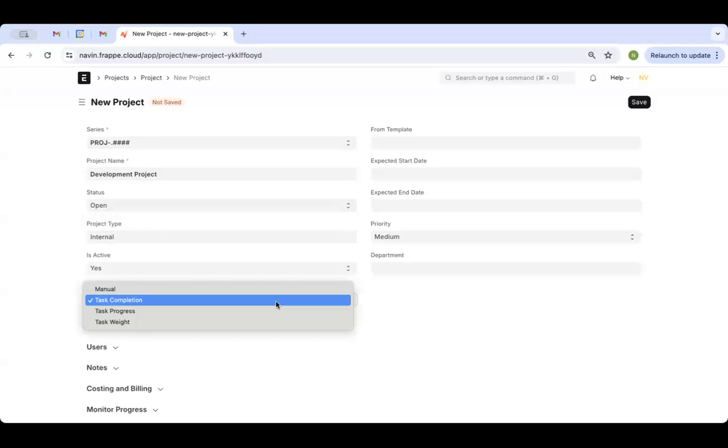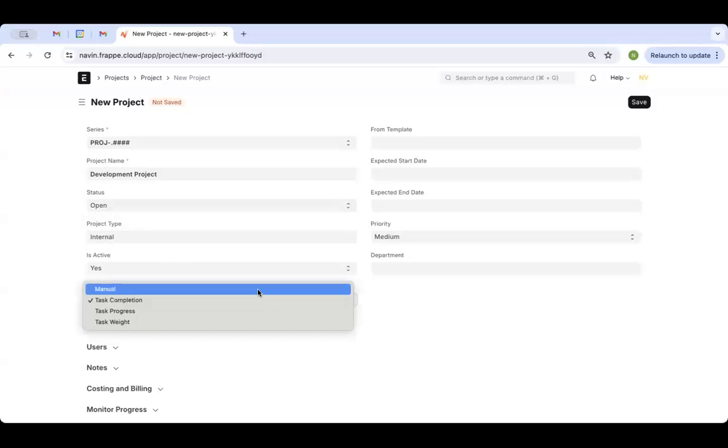The first type is manual, where we manually set the completion level. Manual tracking, manual updating, everything will be manual in this case. The second option is task completion. Whatever tasks you have created, for example, if you created 10 tasks under this project and two tasks are completed, then the system will treat it as 20% completion of this project, because we have set